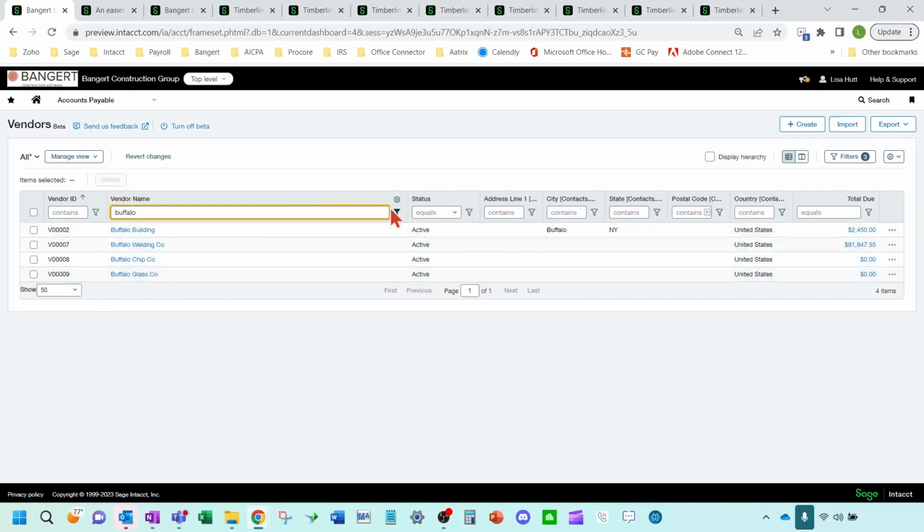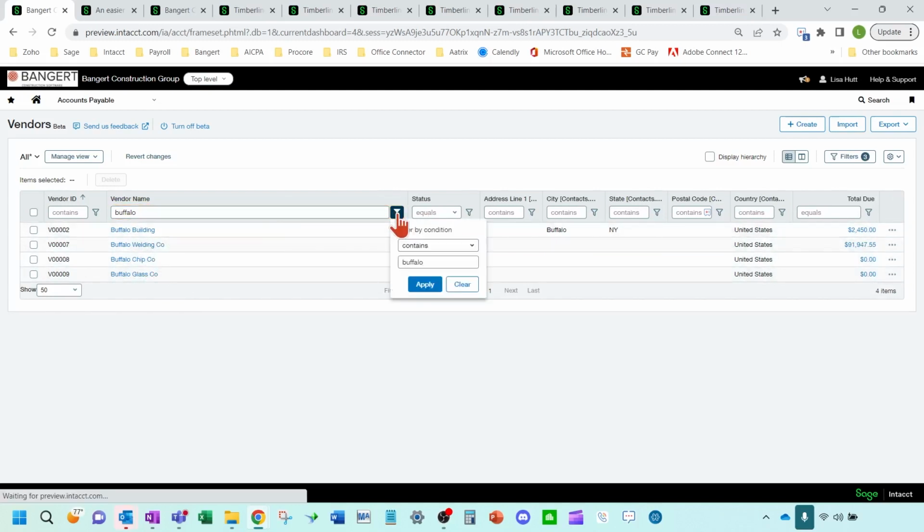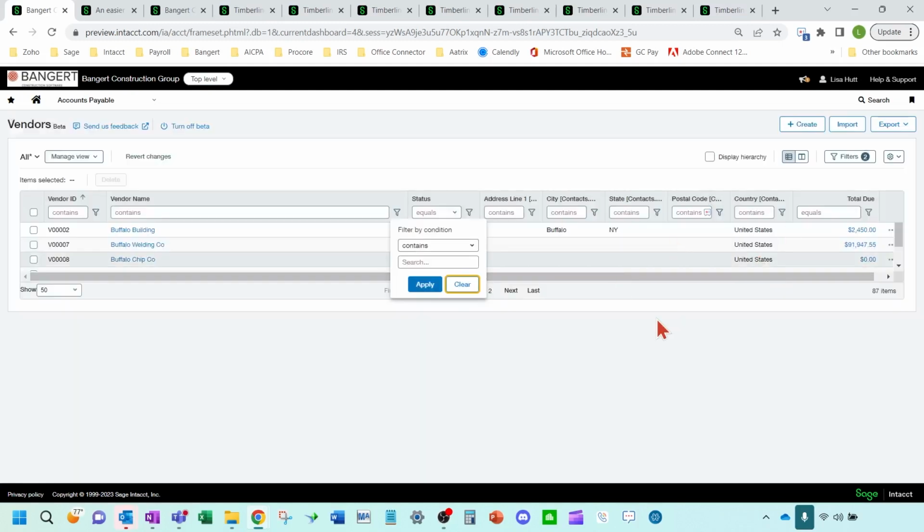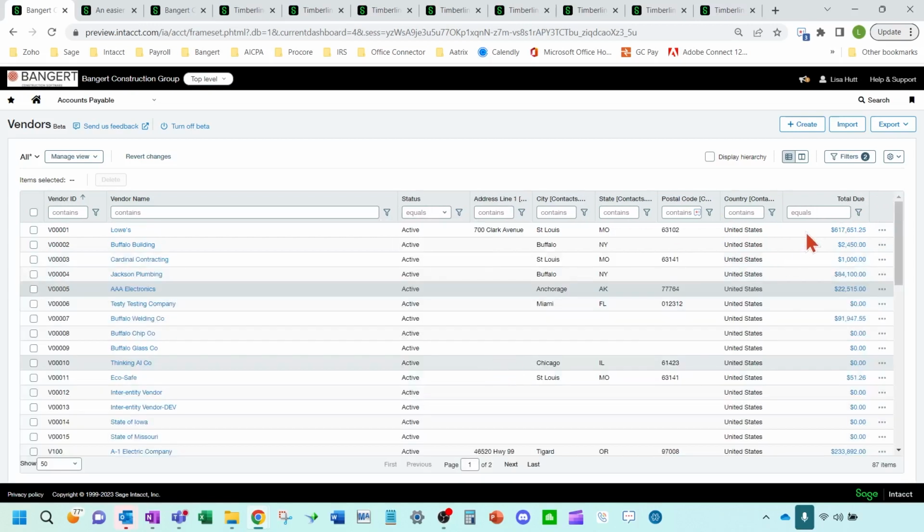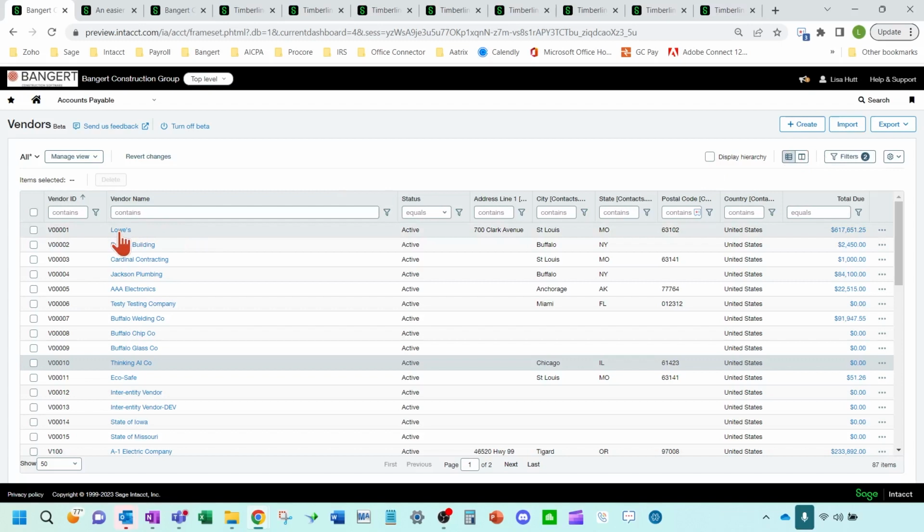Okay. So just a little more ease of use with the vendor list and customer list. Same applies over there with moving your columns around, filtering, and when you click on the vendor name, it actually brings up the vendor record.